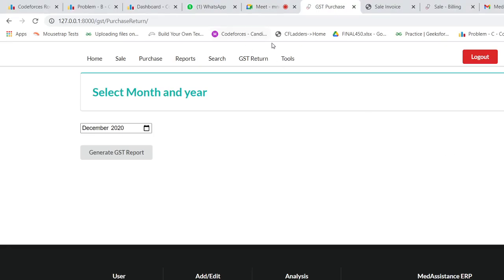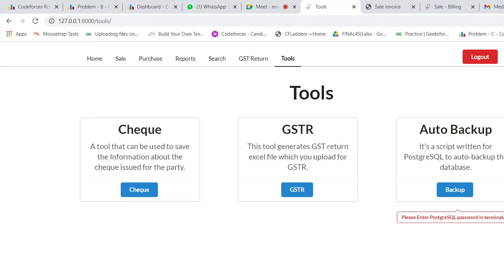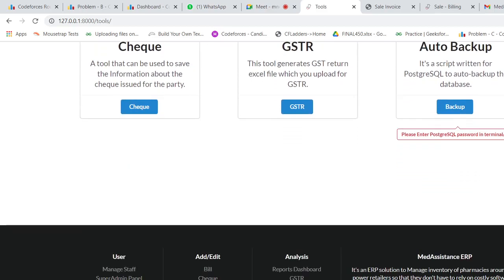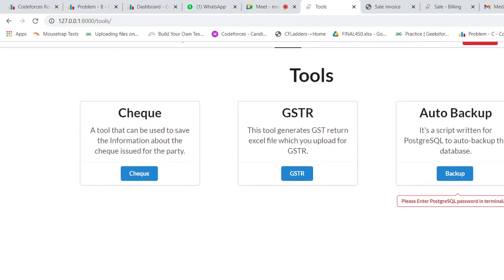Now, if you go to backup, a backup is very important for an ERP solution. If anything fails, like a device fails, or there's a power outage, or for any reason you lose your data, it will be very cumbersome for you to cope with all the data. So we have provided an auto backup mechanism here.